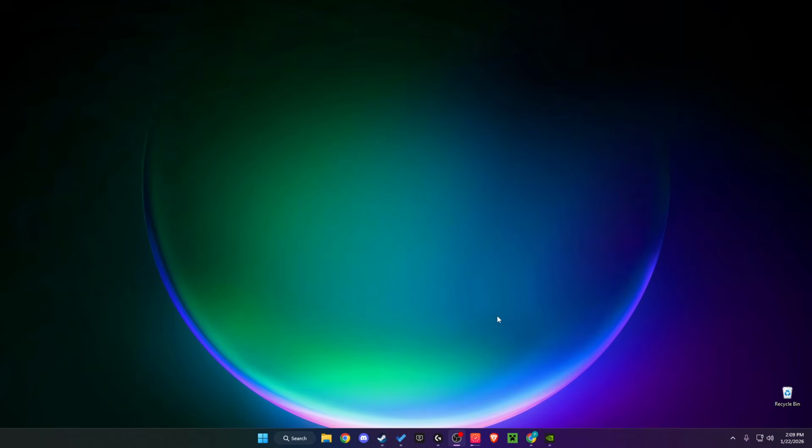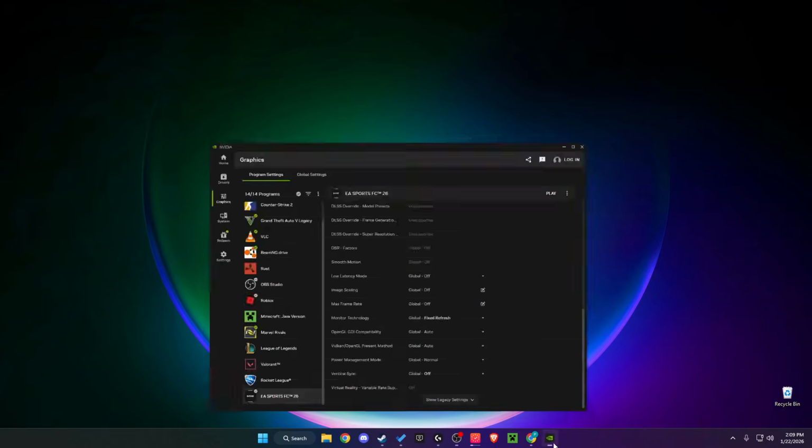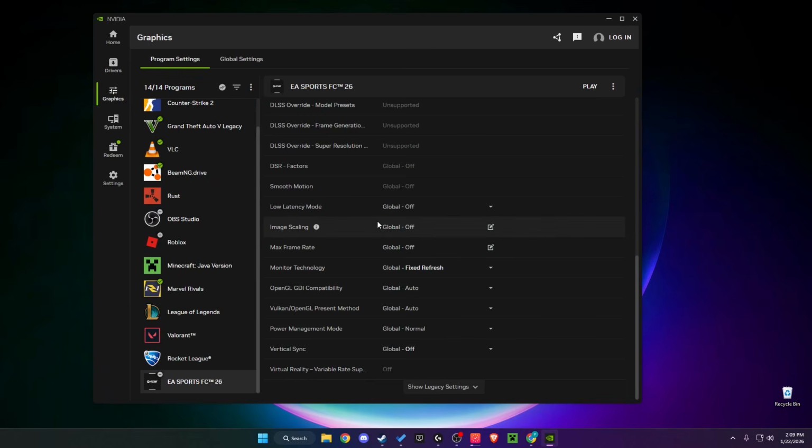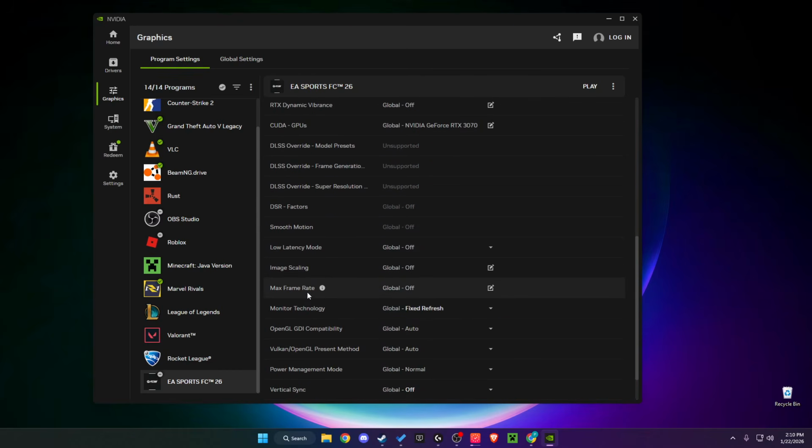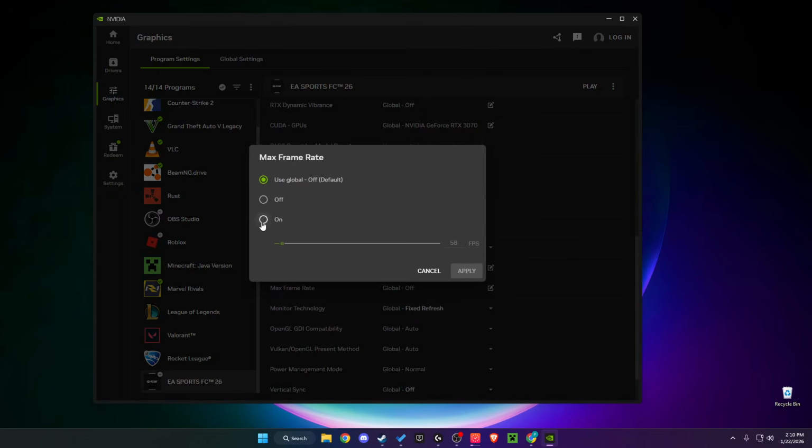Then open up the NVIDIA app or the game itself and you need to cap FPS, because basically you can get crashes with FPS uncapped. So you just need to go to Graphics, then find FC26 and scroll down until you see, as you can see, should be somewhere here. Also make sure VSync is off and then go to Max Frame Rate, and then set it to on and first cap it to 60 FPS